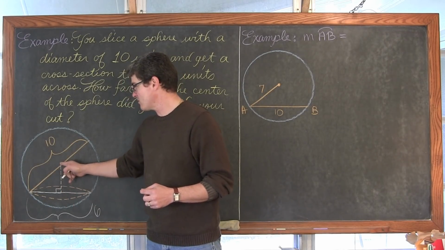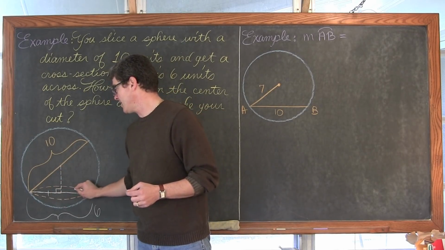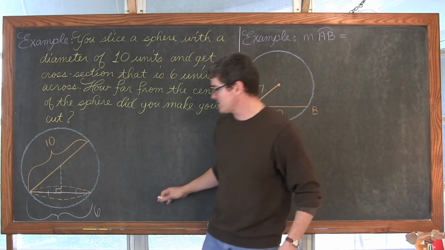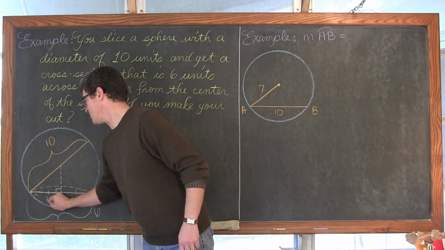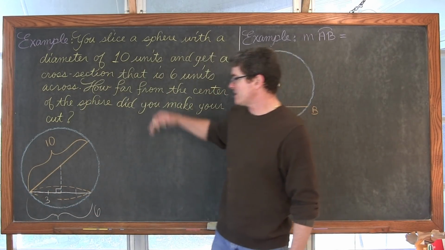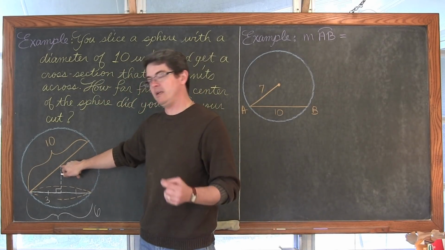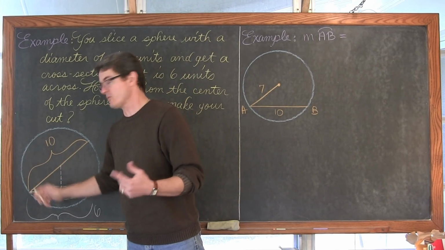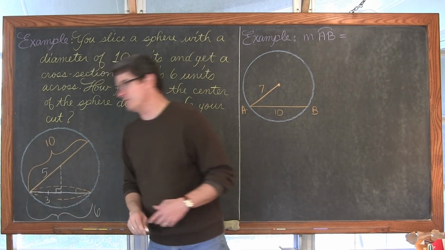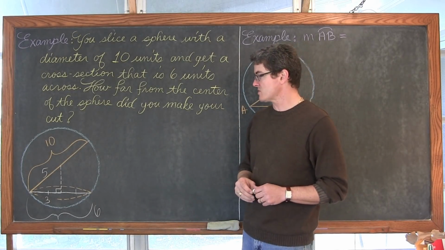Well, when that segment comes down from the center and is perpendicular to the chord, again, it's going to bisect it. So if this entire length is 6, then this portion of the length is equal to 3, and the diameter, while it's equal to 10, I really only need the distance between the center and the edge of the circle, or the radius, and that is going to be equal to 5. So this particular problem took longer to write and draw than it's going to take to actually solve.